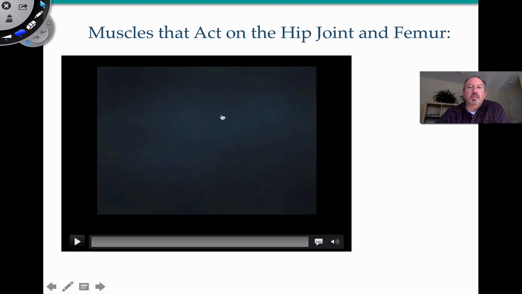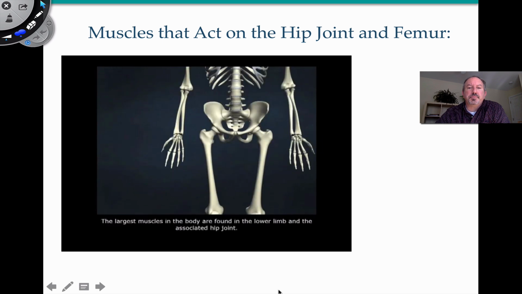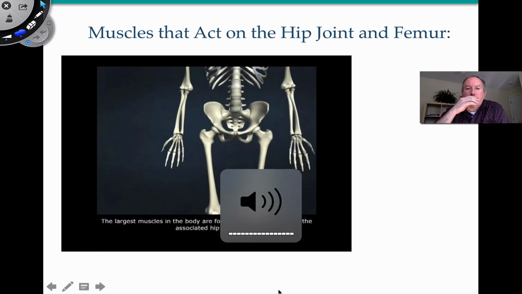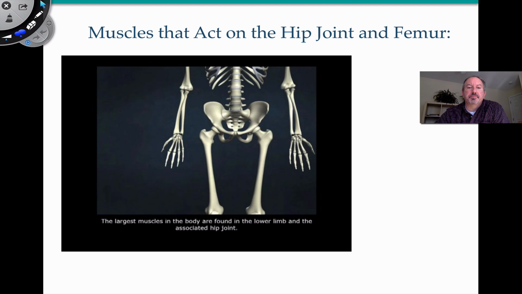Okay, so let's take a look. Start off at the muscles that act on the hip joint and femur as a little preview. The largest muscles in the body are found in the lower limb and the associated hip joint. The hip joint is a ball and socket joint, which, similar to the shoulder joint, is capable of a considerable